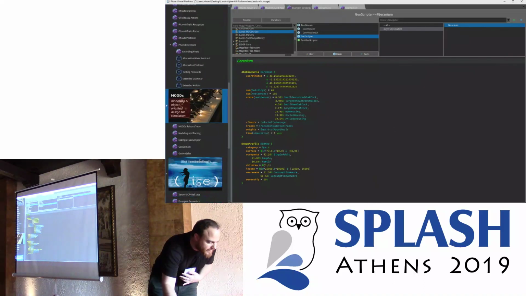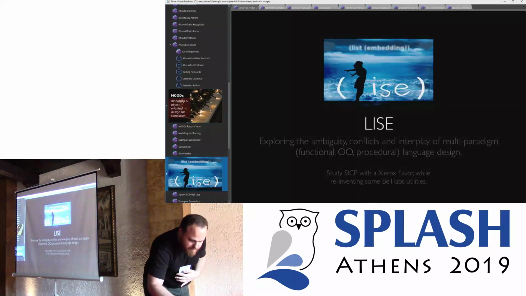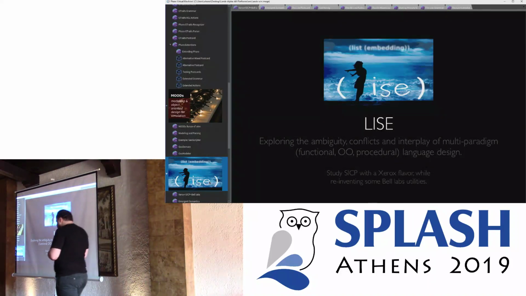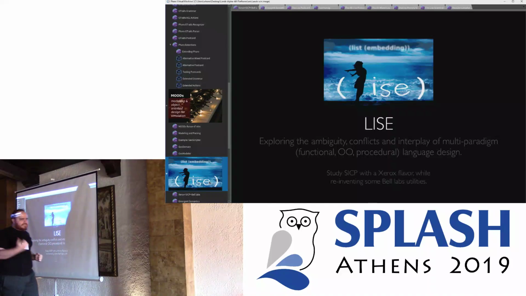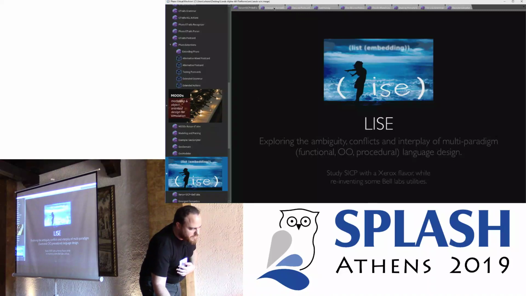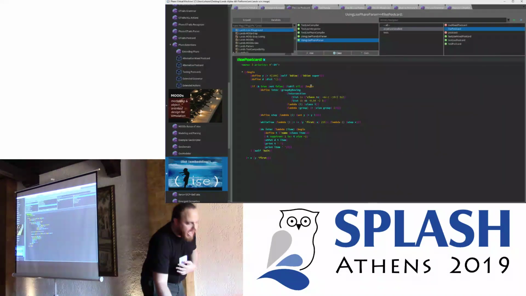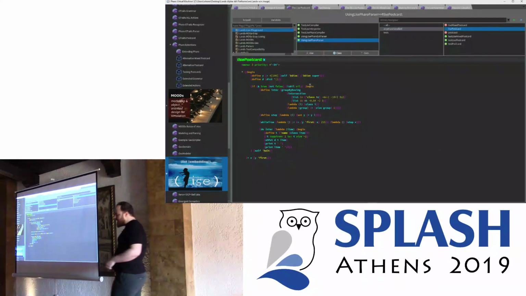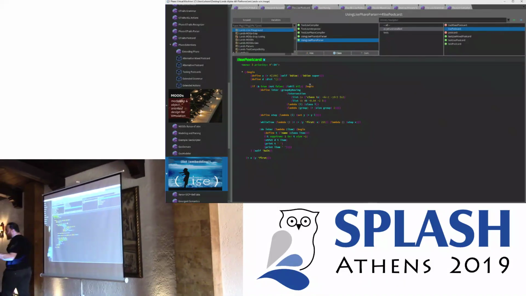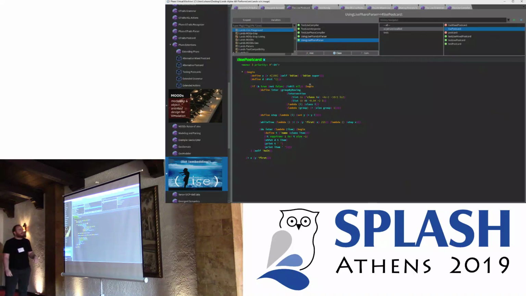And last but not least, we have Lise, which is a functional-first multi-paradigm programming language for the underlying VM. And what we did here with Lise is try to break our abstractions. So I tried to break this composition of grammar traits. I tried to break multi-order grammars in order to see how far we can go with paradigm composition.